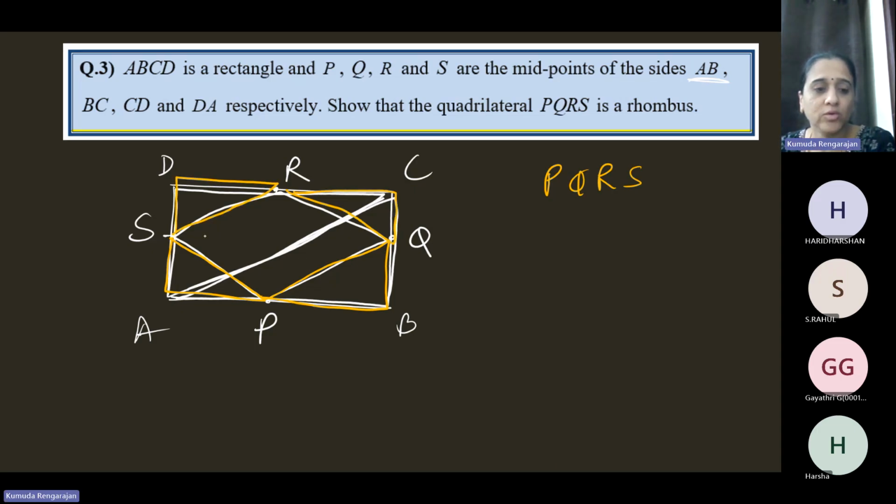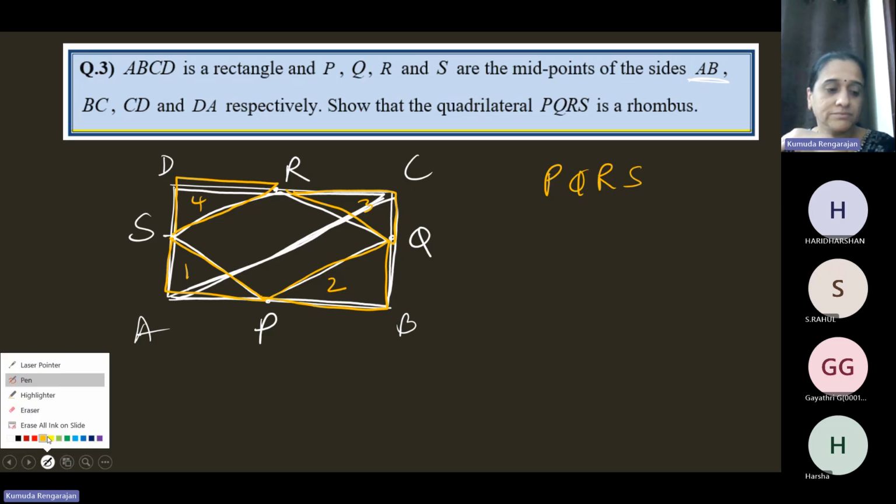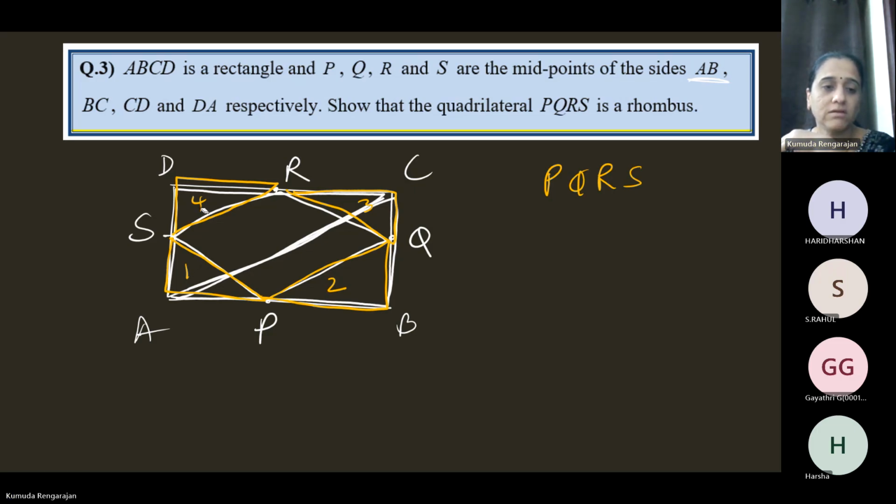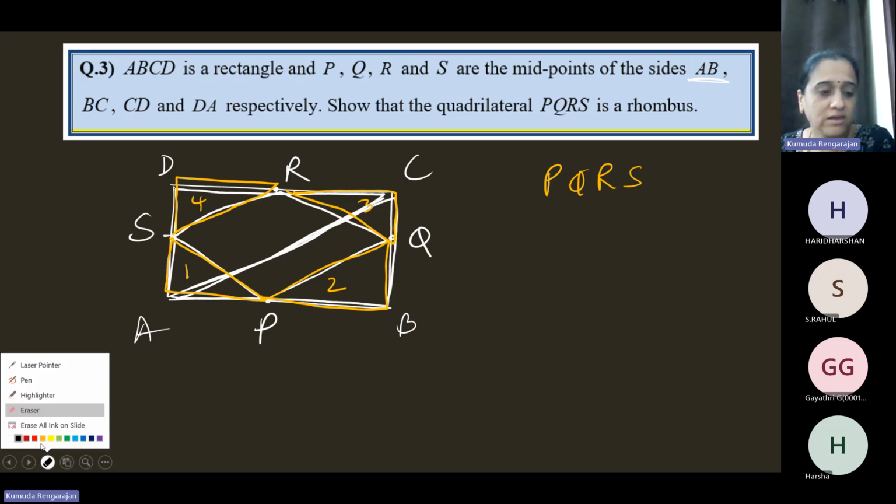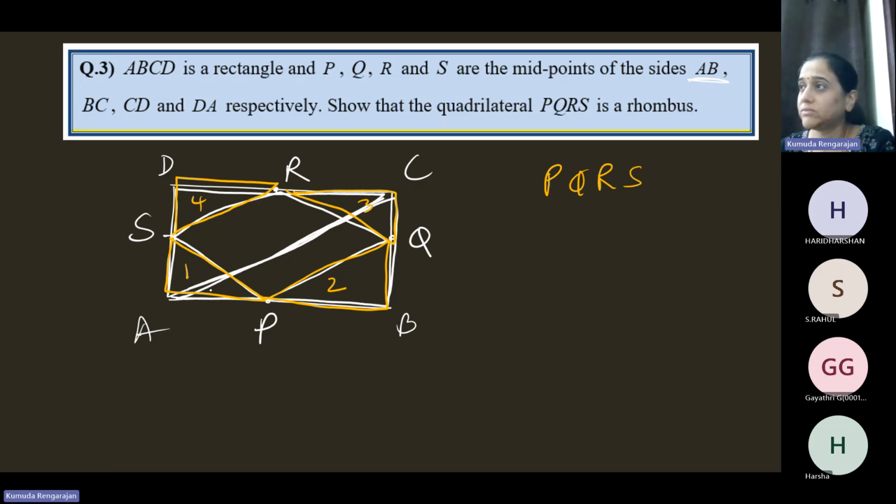Here you can take up triangle 1 and 2, or 2 and 3, or 3 and 4, or 4 and 1. Don't take 1 and 3. Don't take the opposite triangles. You can take any one pair of adjacent triangles. So we'll take 1 and 2. Now in triangle 1 and triangle 2,